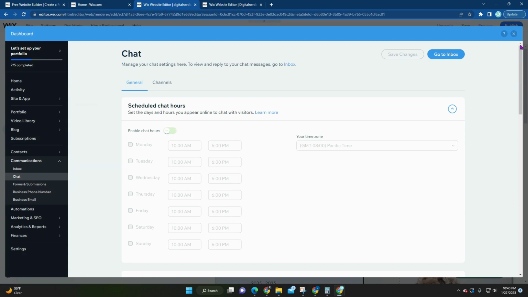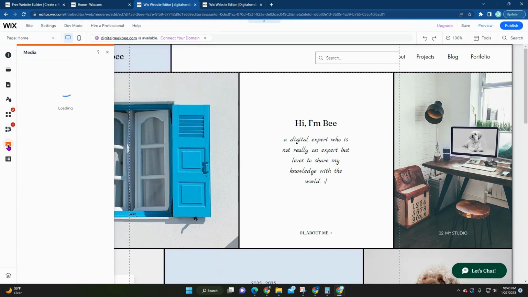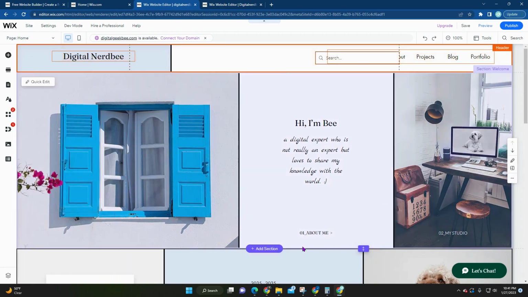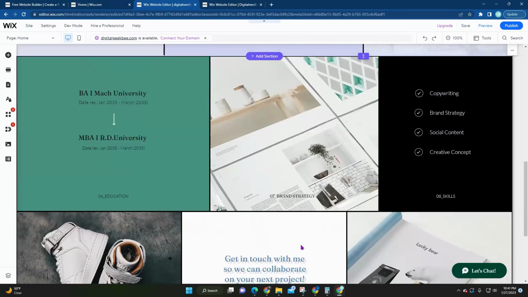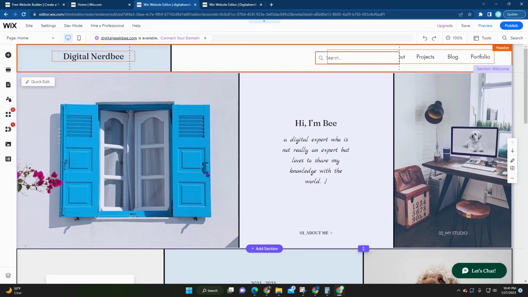I just wouldn't recommend turning it on for many people at once, especially if you're a growing site. But that is pretty much it. You can utilize this tool here to add pictures directly from the designing page. But once you're done and you're happy with how everything looks, like the font, the photos, the colors,